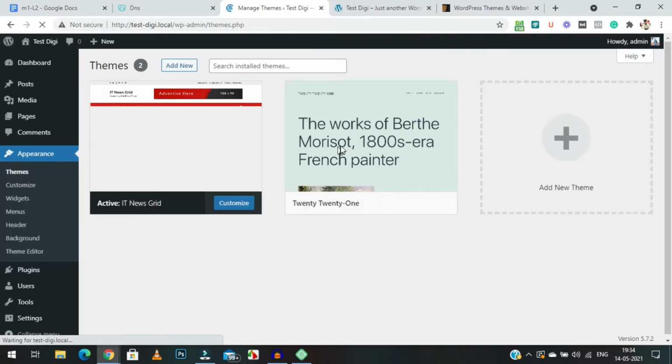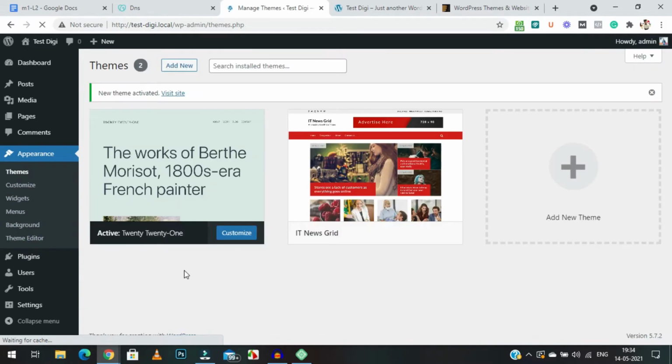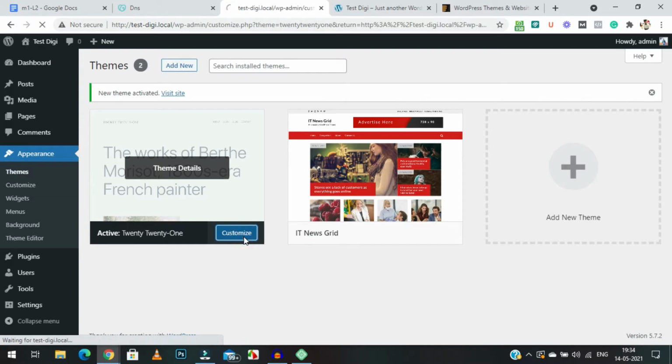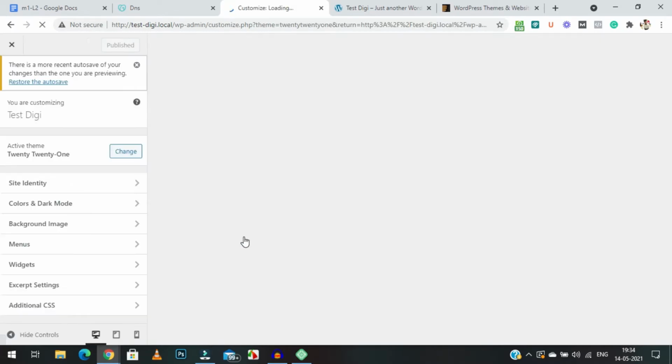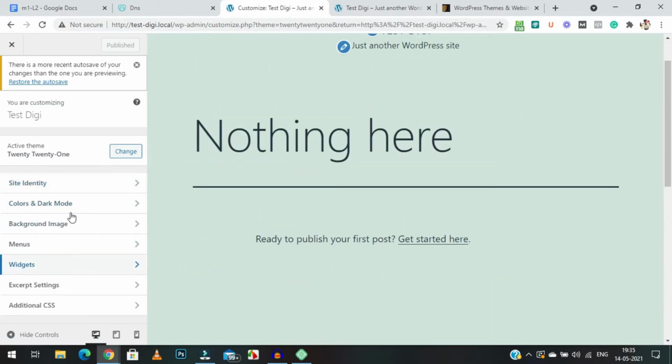So for the time being, I am actually switching to this theme because that theme is showing some error, and let's go to customize and see if it is showing an error too. So it is not showing any error. This is perfect. So you can test out with this also if you want,